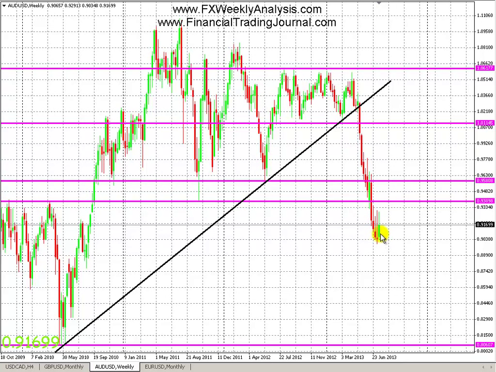So now the question is, are we going to continue red next week, because that would be continuation, or do we start to get green candles from now on? And then that might be a reversal. But as I mentioned, I don't see a reversal in play. Possibly we might get a retracement, but it's too early to tell. Possible retracement levels would be here in these two lines in no man's land. But that's it for the weekly chart.